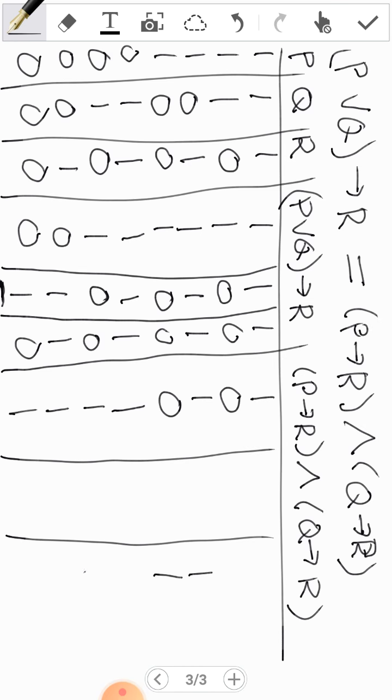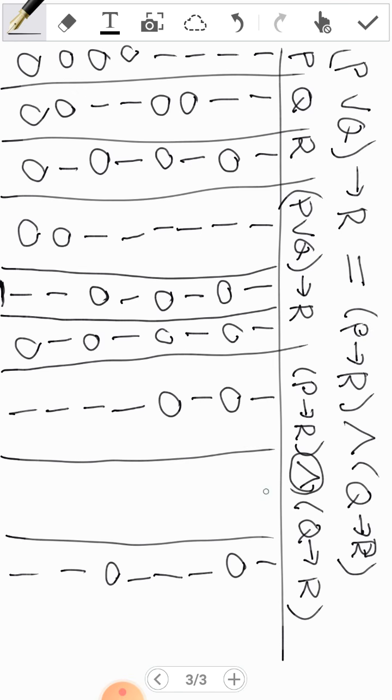1, 1, 1, 1. Why? Because Q falls under those rows. And then Q implies R. Both are true. R is false. Both are true. R is false. And